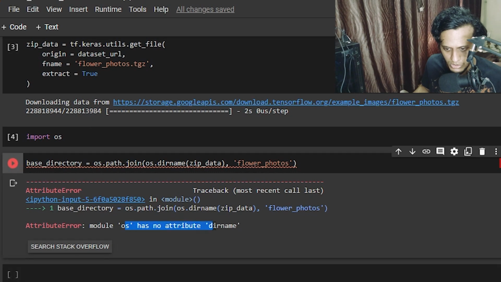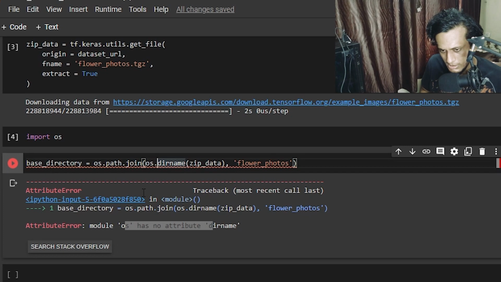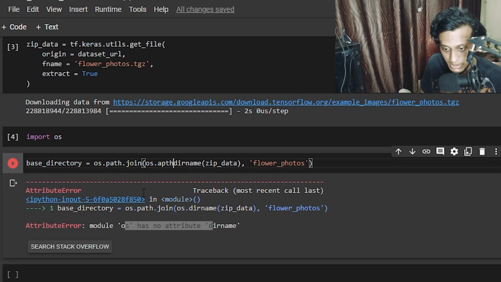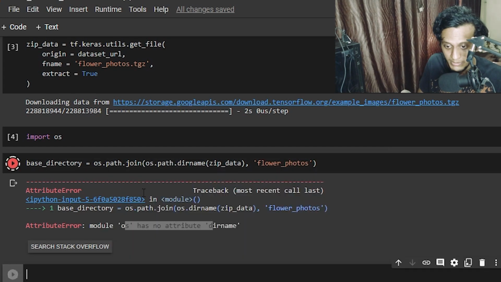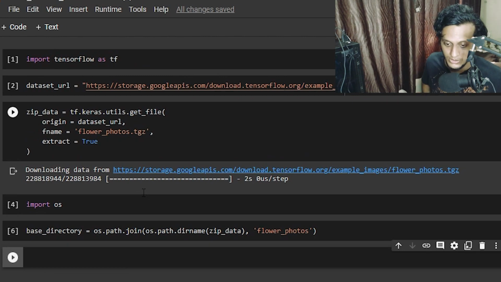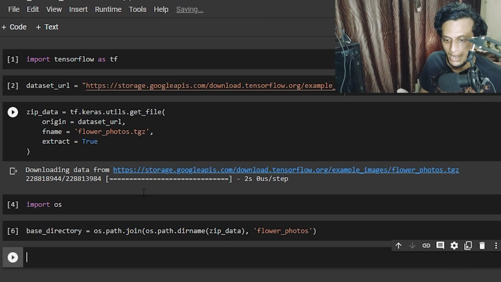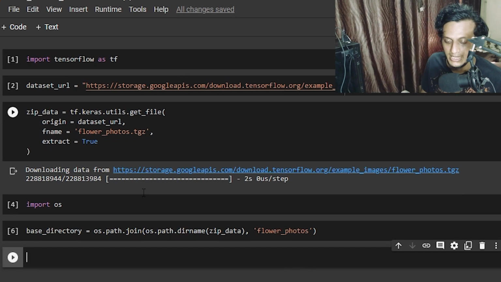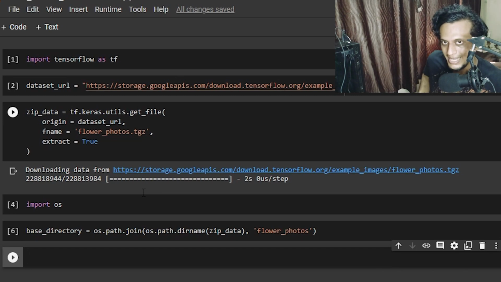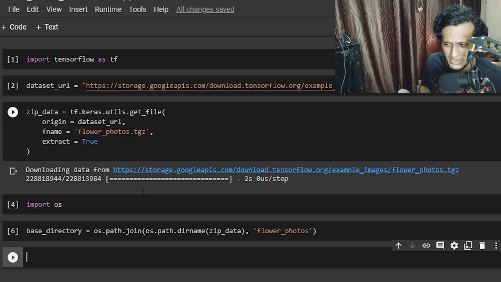Import os has no module dirname. I think it is path.dirname. Yes, from path I'm taking the directory. Sorry. What is the motive of doing this, you may ask? I have the zip, I extracted it, but I want my base directory to hold that for my image data generator, because my image data generator doesn't know where my file is residing. I don't have to specifically mention the path; I want to use the path that is already available to us. So things become much easier.